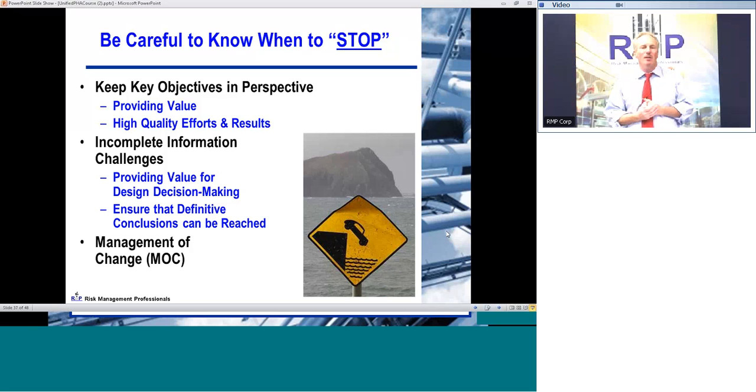of resources. You want to keep the key objectives of providing value, making sure that what you're doing is high quality in the long term, that you've done a complete job with your safety evaluation and your HAZOP documentation. If you have incomplete information, it can be very challenging to really make effective decisions and really do anything with it, and making sure that you have definitive conclusions. And also when you come through with it,